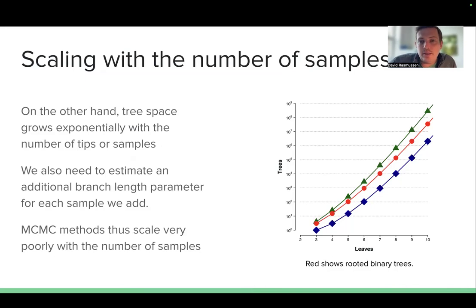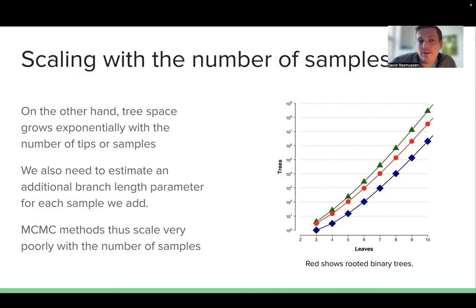We can contrast this though with how the computational cost of exploring tree space increases with the number of samples. And I think I showed you the same slide early in the beginning of the semester, but basically the number of possible rooted trees that we can have for a data set with a certain number of samples or leaves grows super exponentially with the sample size. So the number of possible trees that we need to explore is huge, basically astronomical for any reasonably sized